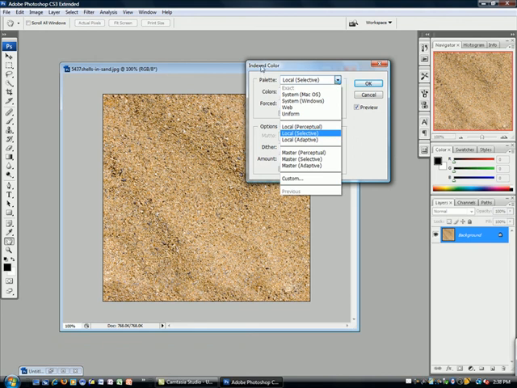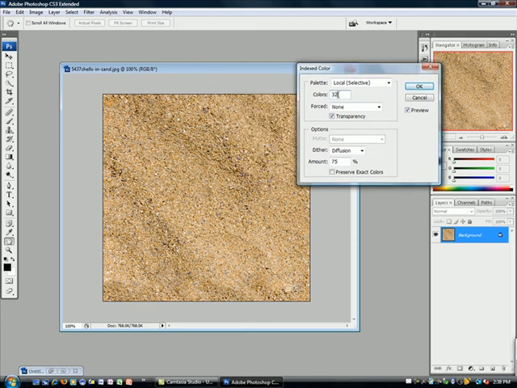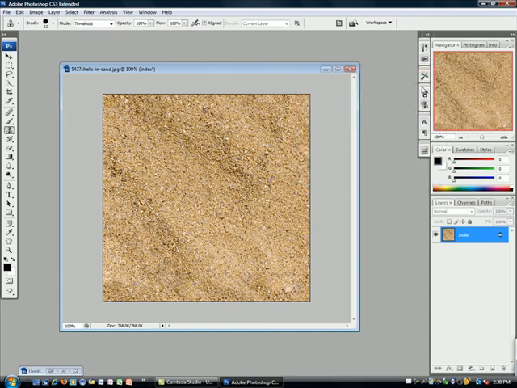So I'm going to look into it and I'm going to try, let's say 32. Not too bad. If I go down to like 3, look what happened. See, now you have only 3 colors. Now I go to 16. It's better already, but it's not quite there. Now I go to 32, and that should be okay. And I click on OK right here. Now I basically have a palette of 32 colors. It is fairly important. Why? Because let's